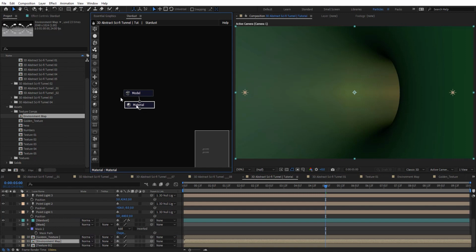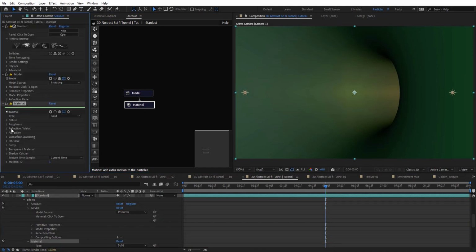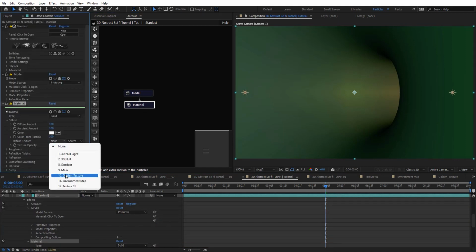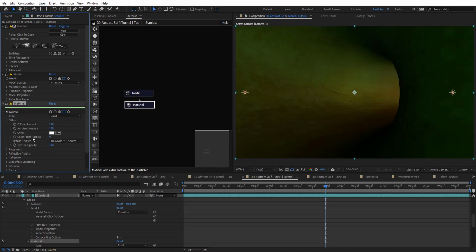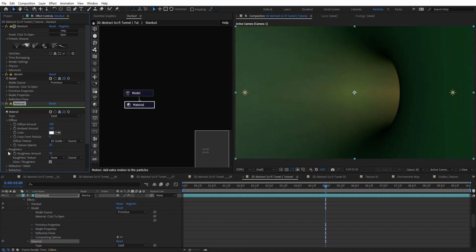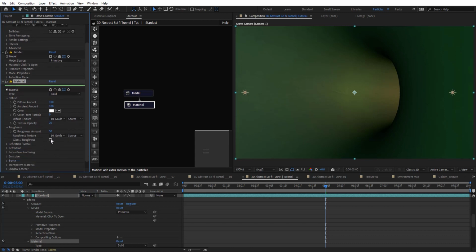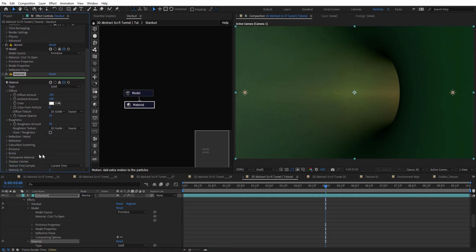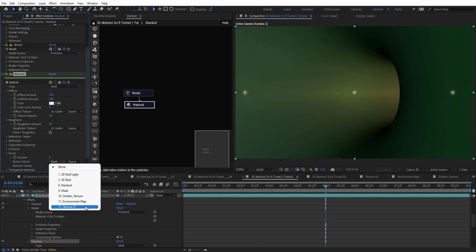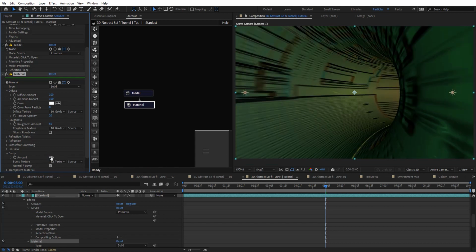And so on material node here, I'm going to diffuse and go for golden and zero out color from particle. Just go right there 20, and roughness here going to golden as well. Just let use roughness there, and we have bump, so I'm going to use that texture. Make sure it's bump selected and crank up these to 500. So you can see